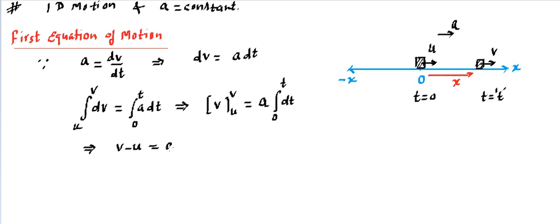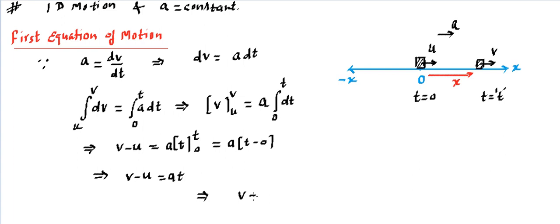Further simplification will lead to the left hand side becoming v minus u after placing the limits. You know that this is a, integration of dt is going to be t, again 0 to t is going to be the limit. If you place this further, you get the upper limit minus the lower limit, which will become 0. So ultimately we get v minus u is equal to at, which we can rewrite in this fashion, which we remember: v is equal to u plus at. And that's called the first equation of motion in the case of straight line, one dimensional, constant acceleration motion. So that's a familiar equation that you know.